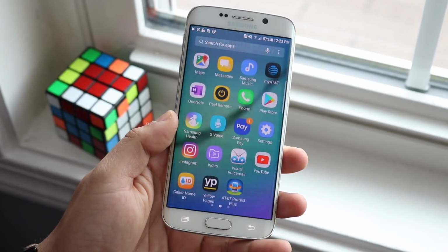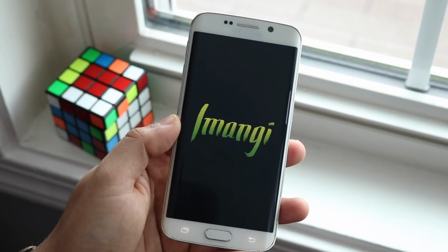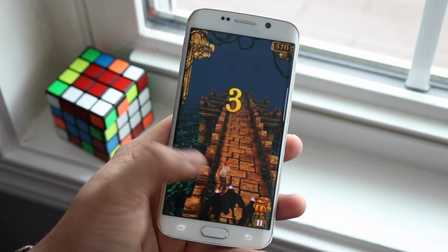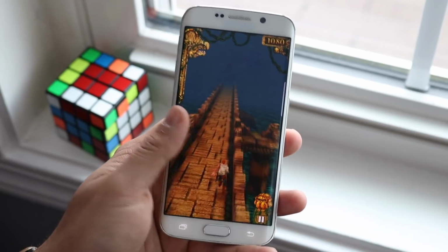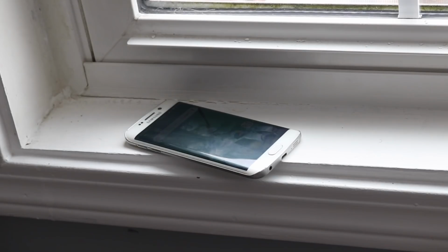And that's one of my least favorite things about TouchWiz and even Samsung One UI. Even now, it's still pretty bad. They've gotten better since then, but this one is still stuck on TouchWiz. So take what you will from that, but in my opinion, TouchWiz, honestly, I think everybody will agree it was not the best thing. It was very clunky. One UI and even One UI 2 does improve it overall, but it still has a long way to go